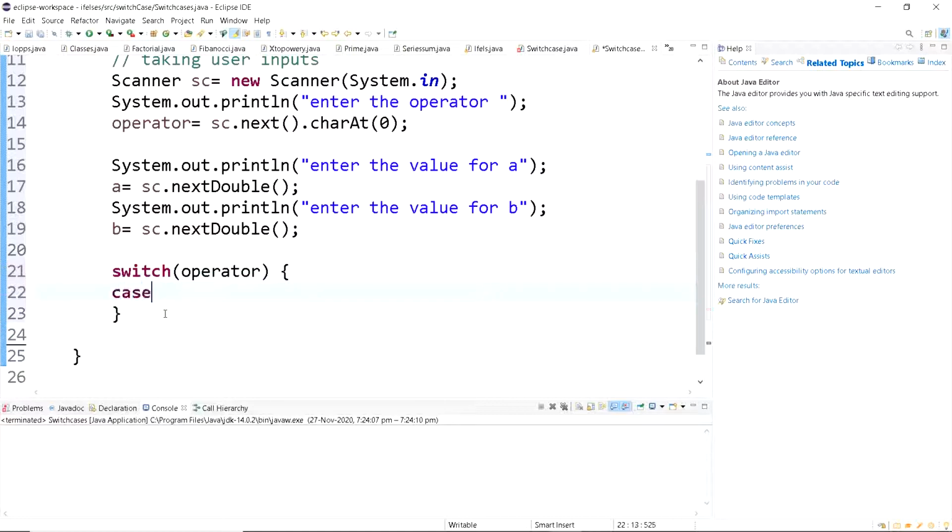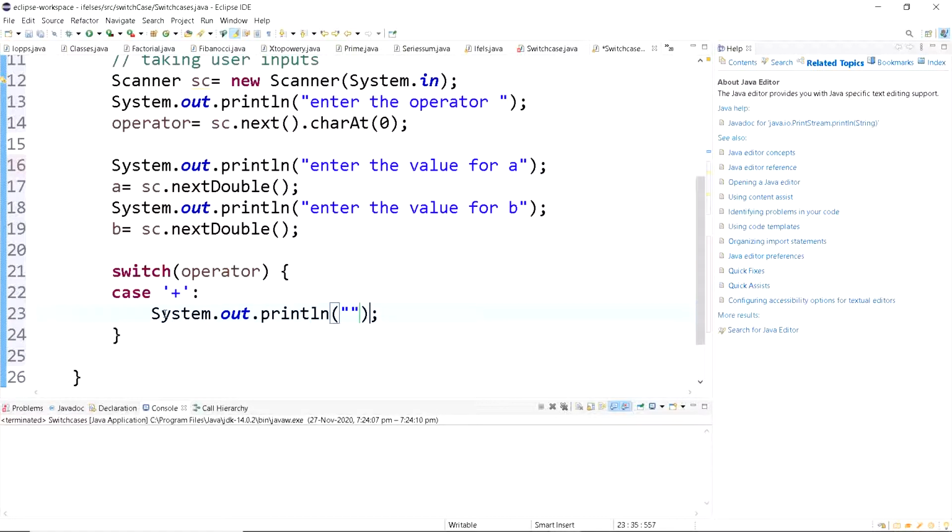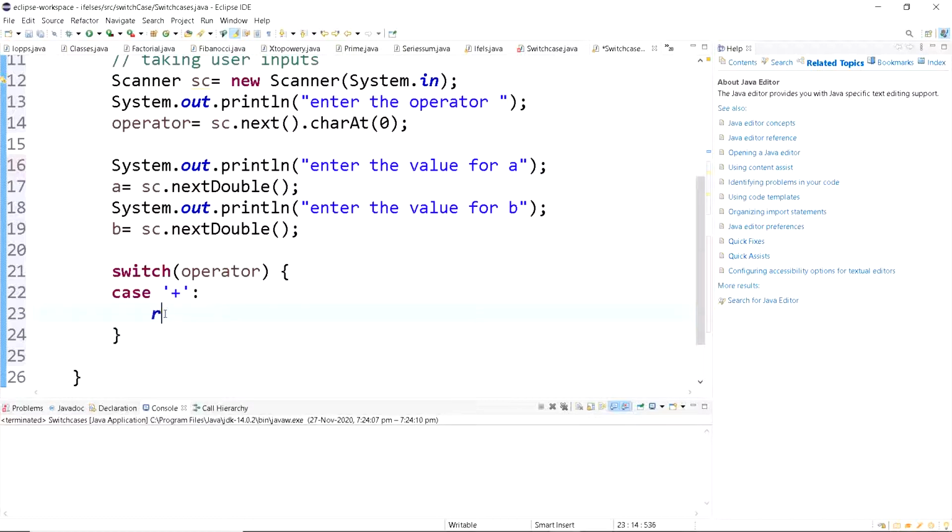So the first case is case plus. We store the value in result.